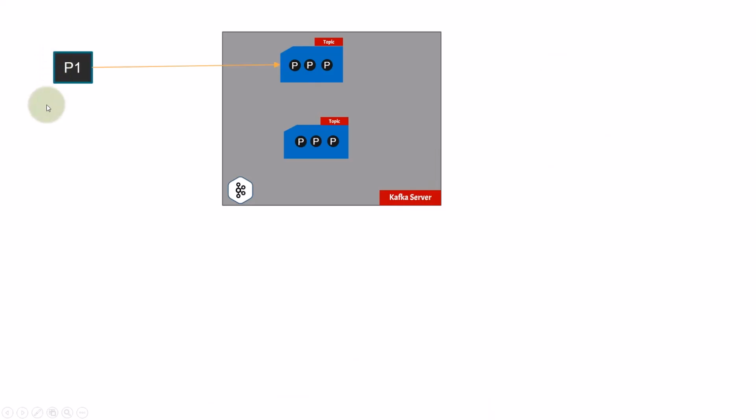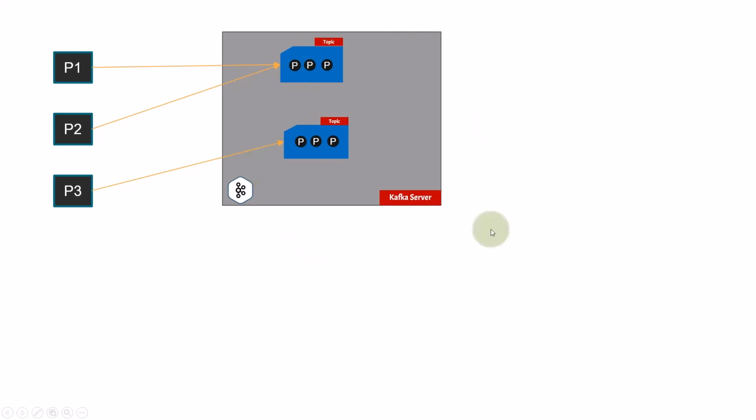Now in the Kafka ecosystem, there is something called a publisher. I have denoted it through P1. P stands for publisher or producer. Every Kafka ecosystem can have multiple producers, and these producers can send messages or publish data to the topic. P1, P2, P3 here are not actually publishing to the topic. They are directly connected to the partitions of the topic. In a later video, we'll see how messages are published to the partitions and how they are consumed.